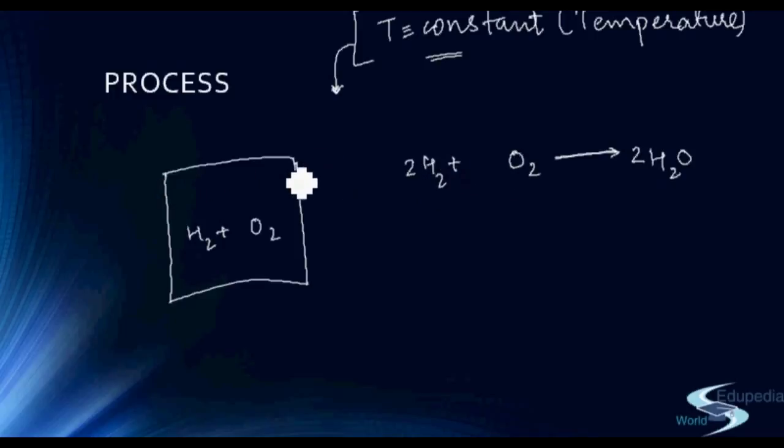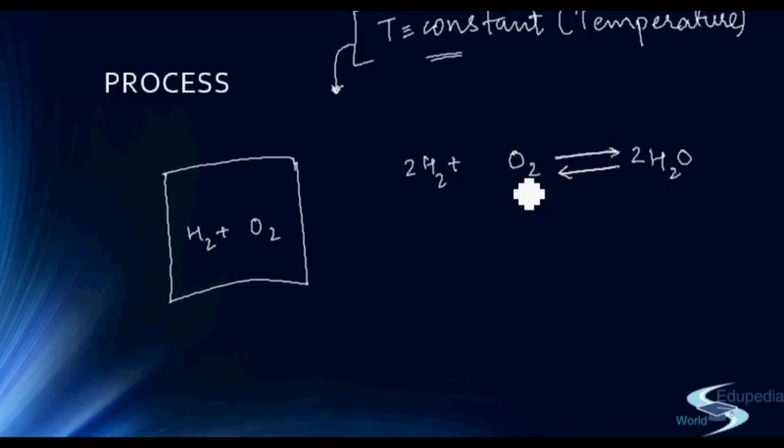Initially only H2 and O2 are there and there is no water, but as soon as the first molecule of water is formed, we can say that under the same experimental conditions in which water is being formed, it is possible for the water molecule to break down again and form back